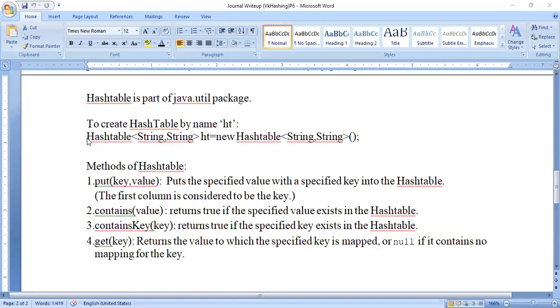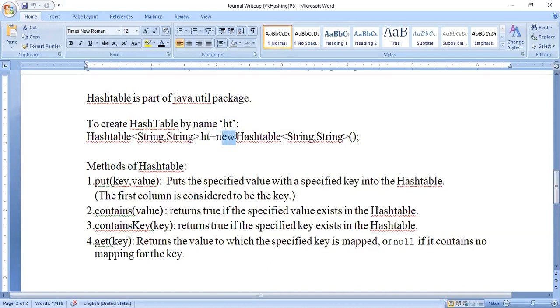Can you see the syntax here? Hashtable, String comma String, followed by the name of the hashtable. What name do I want to give? HT, for example. You can give any name. Now again, equals, I'm creating a new hashtable, so I'm creating an object of the Hashtable class.